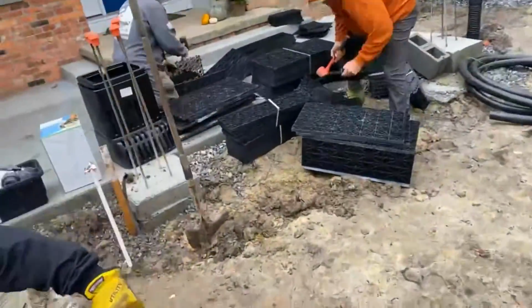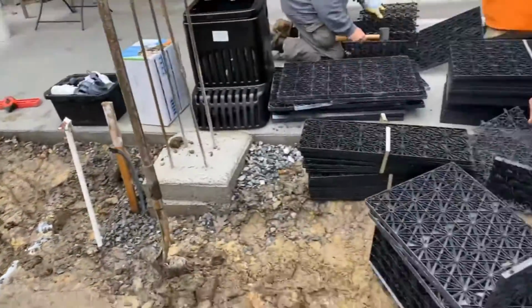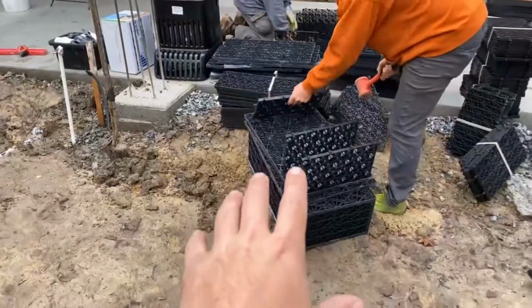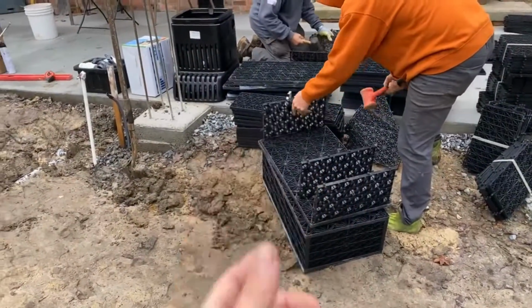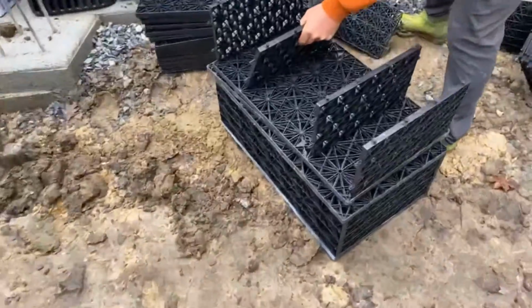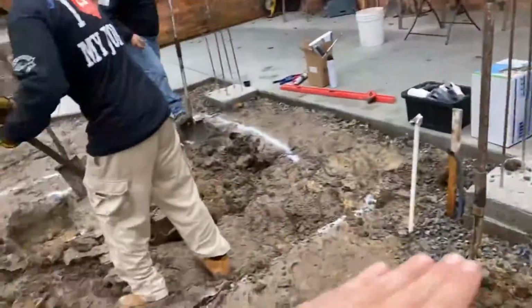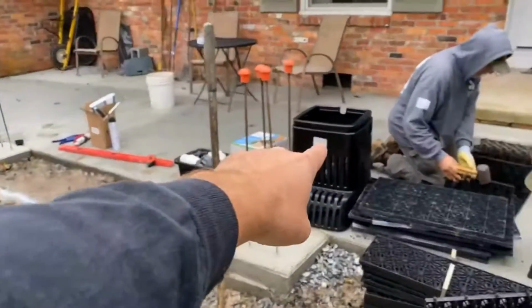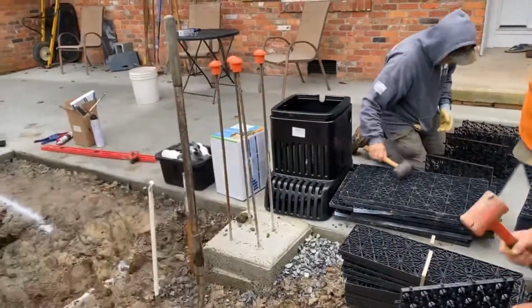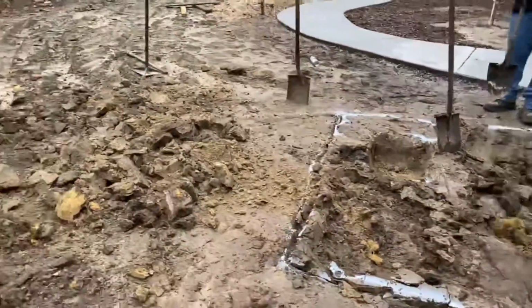Evan and Alex are building our aqua blocks. So what they're digging out right now is going to be, aqua blocks are going to be underneath there. So they're very structural. They can hold quite a bit of weight, but they give us a void space. So you can see how this is constructed right now. So I'll have a single layer of those with our pondless pump vault down below. And then of course our pump will be in there,